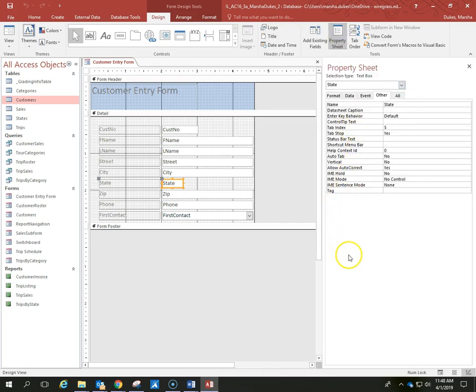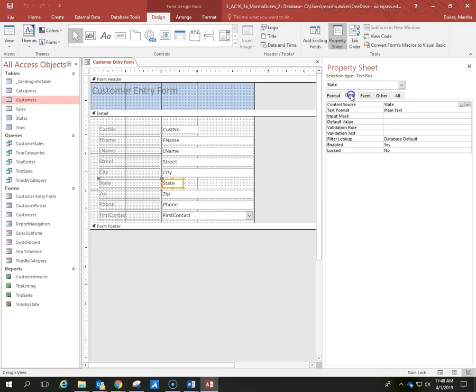And from the Property sheet, this is where you have various information that you want to select. Notice that there are multiple tabs here. Because we're looking at default setting value, we're going to click on the Data tab, and if you'll notice, if you come down, default value is one of the items. If you click in the box next to that, you're going to type in CO,